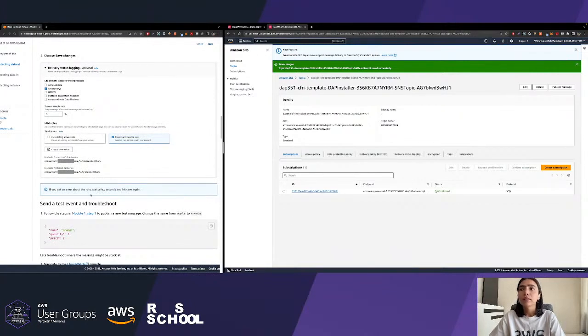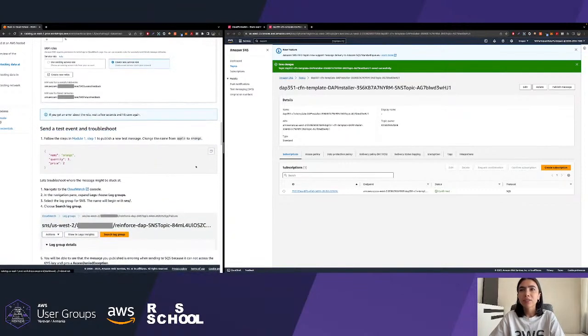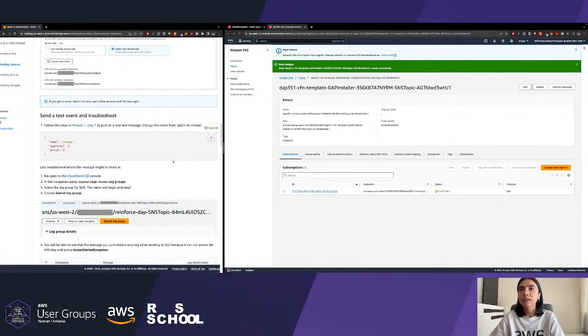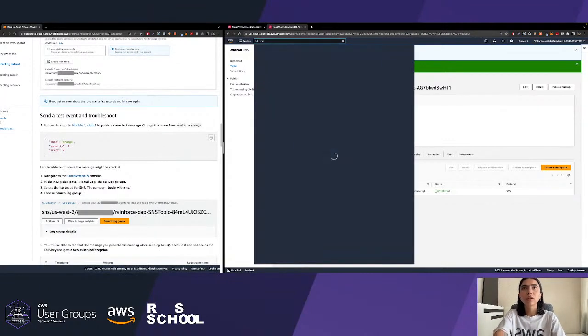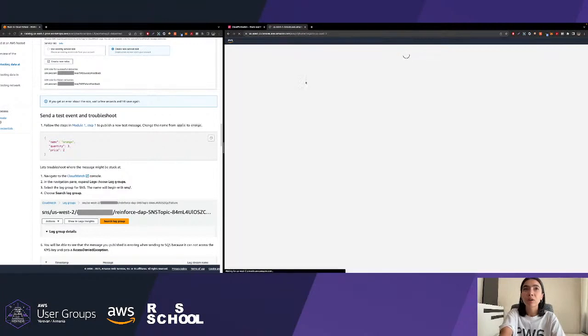Okay, so guys, as you can see, we have a warning here. If you get an error about the role, wait a few seconds and hit save again. Hope you don't have any error. Let's just go ahead and test everything we just updated, making sure that things didn't break.